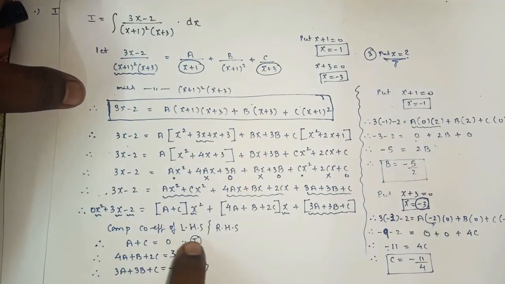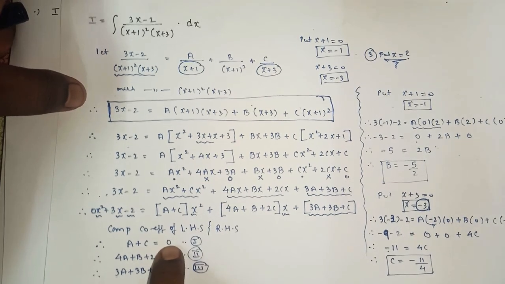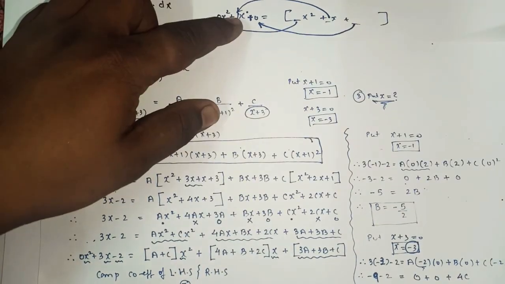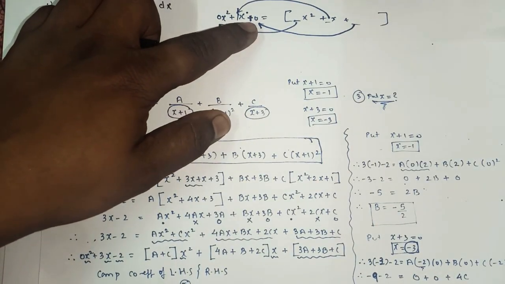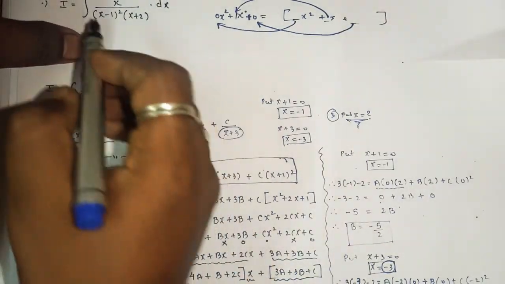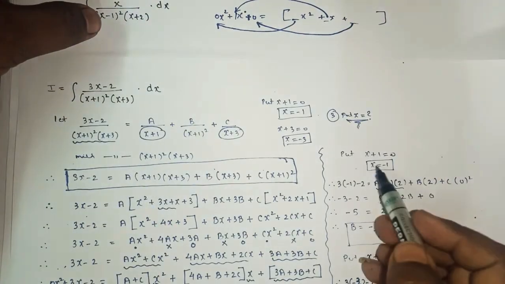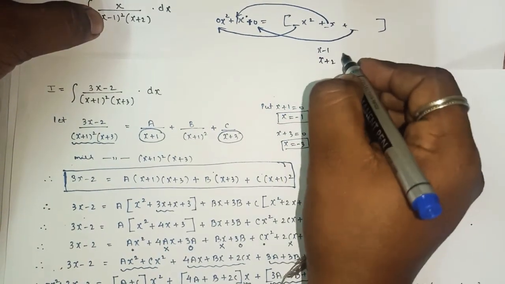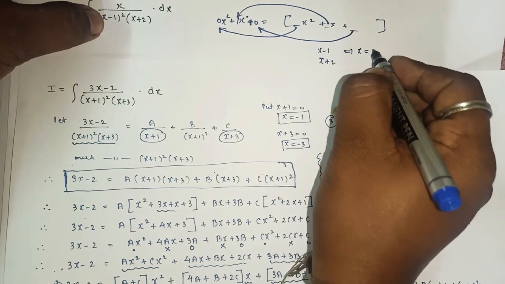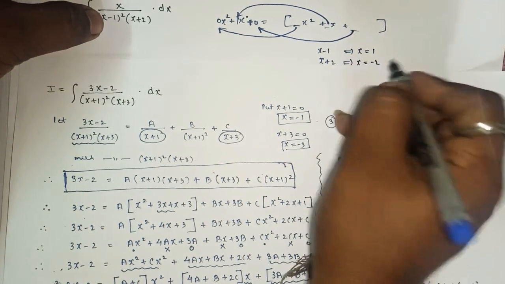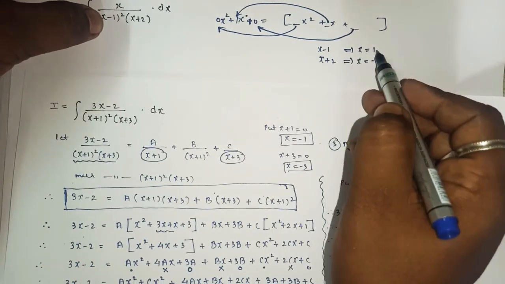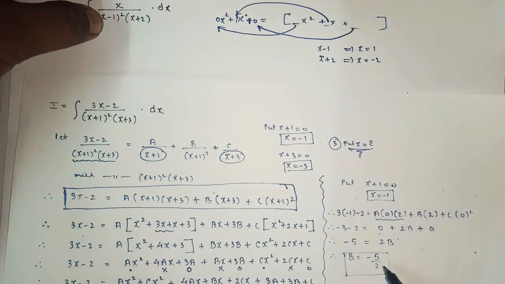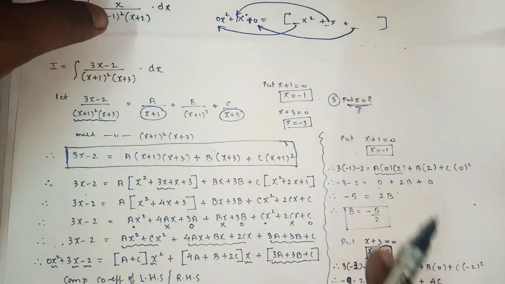So like this, you will get the first, second and third equation. In the first equation you will get 0 on the right hand side, in the second equation you will get 1, and in the third equation you will get 0. Okay, so with the help of x minus 1 and x plus 2, here the value of x will be 1, and here the value of x will be minus 2. You will replace x equals 1 in this section, where you will get the value of one alphabet, and x equals minus 2 where you will get the value of the second alphabet.